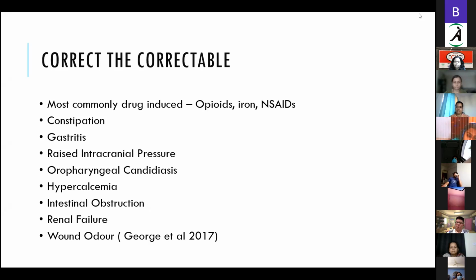anaerobic bacteria action together. A simple way of managing the wound better is using odor masking oils. Like we tend to say, you can use eucalyptus oil, or use charcoal powder on the wound, so that will help prevent such an obnoxious smell, making sure that the wound is cleaned daily. If it's an oropharyngeal cancer with the pharynx involved, making them use gargles daily with salt and soda, or metrogel if required, can go a longer way in trying to prevent it. So always look at anything that is correctable here, which is triggering nausea and vomiting.